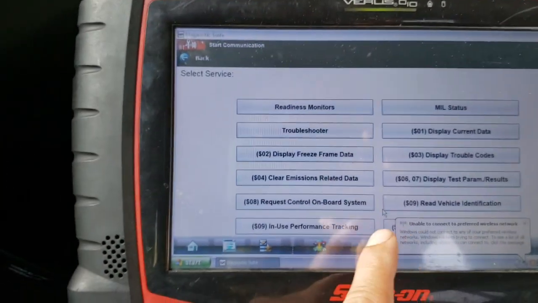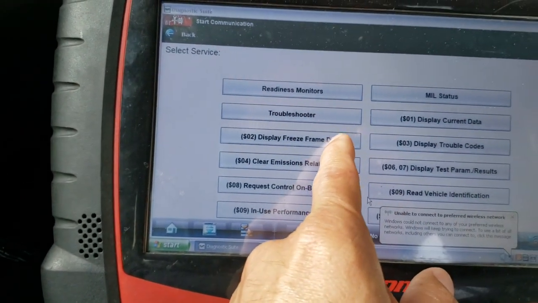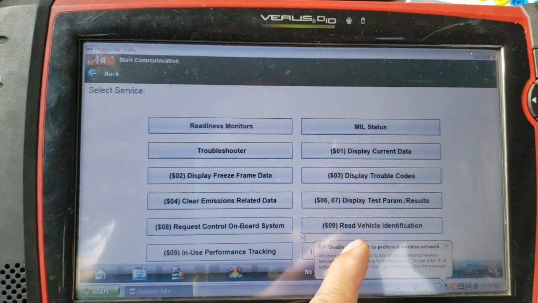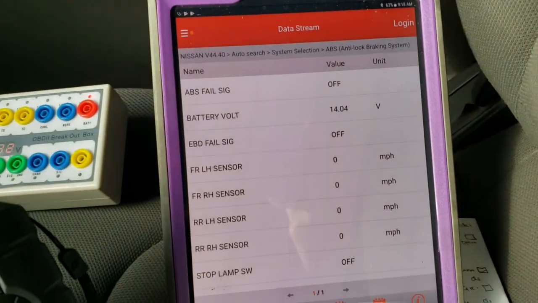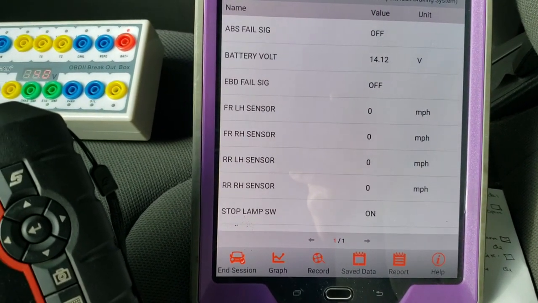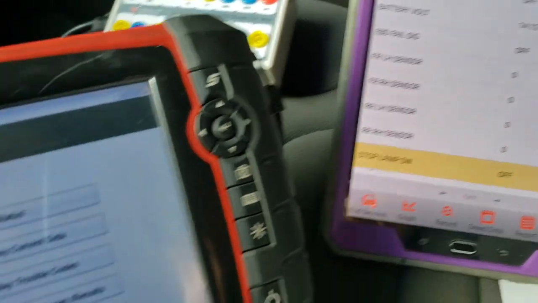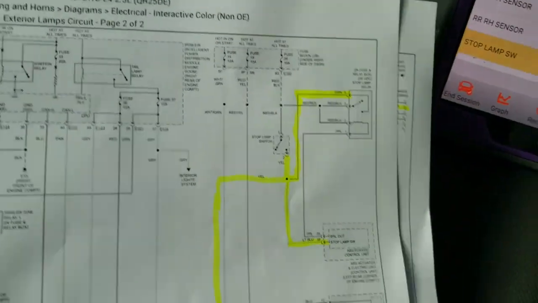Oh, I do have two scanners here connected at the same time. I need to set up this one because I haven't yet. But if we can see here, I got the ABS computer here. I'm pressing the brake. Okay, we see this one coming on and off. And because the brake lights